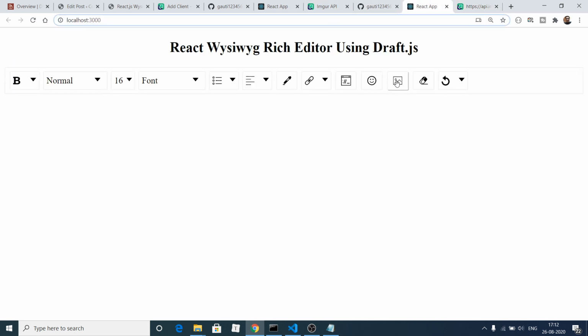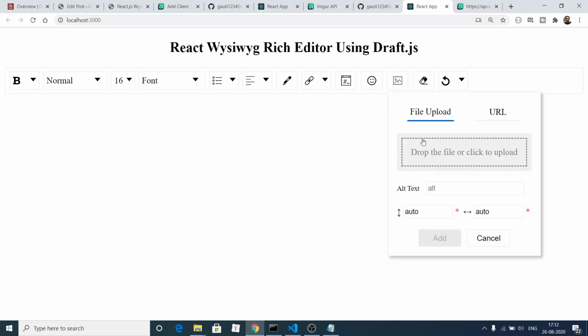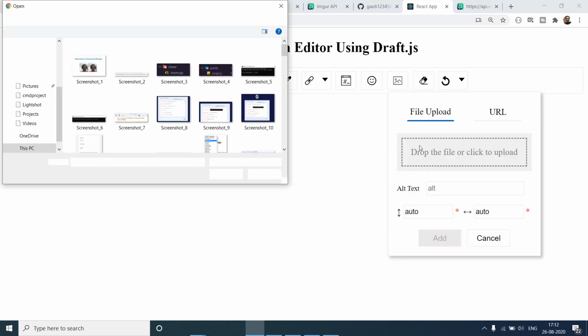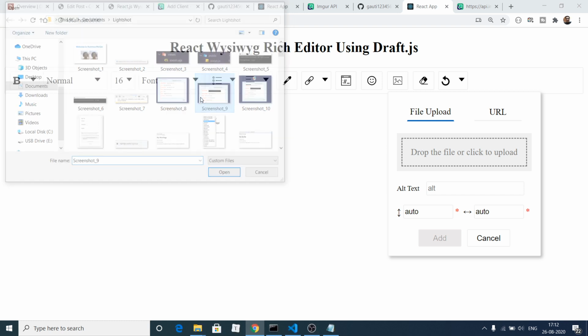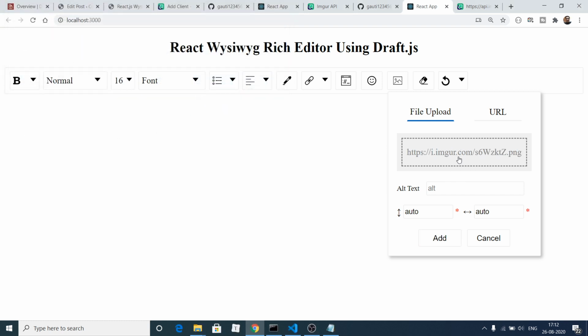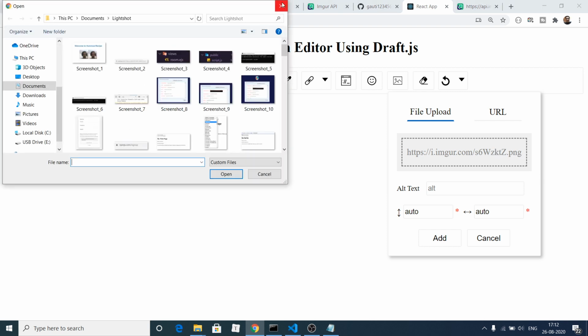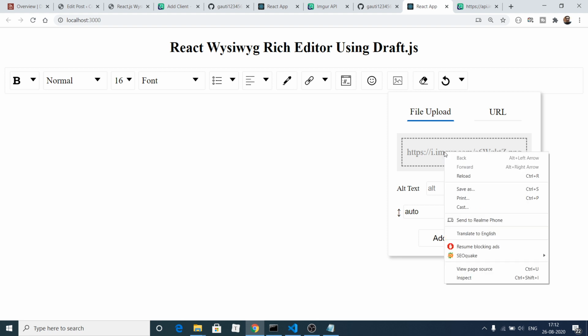Now if you select the select image option, you will see this file upload. You can select images from your local computer. If I select this image, you will see instantly this will upload this image to this URL, and you will find, if you open this URL, let me just open this.